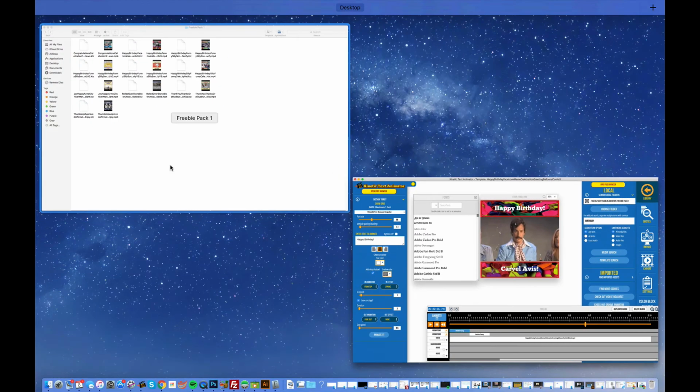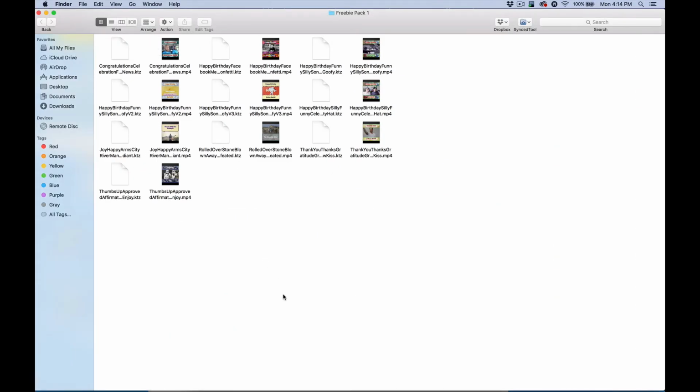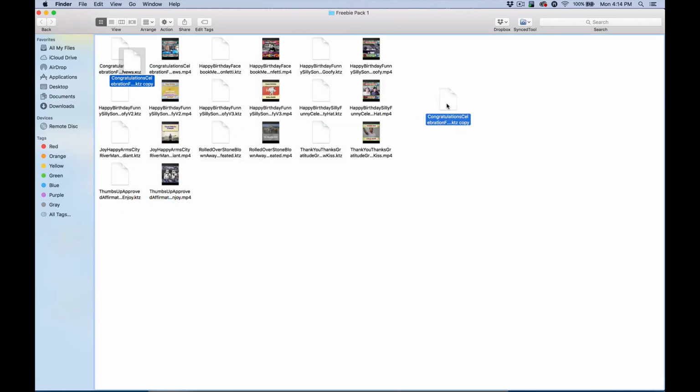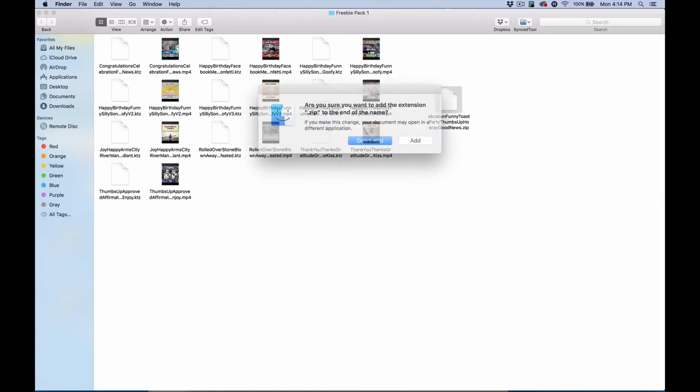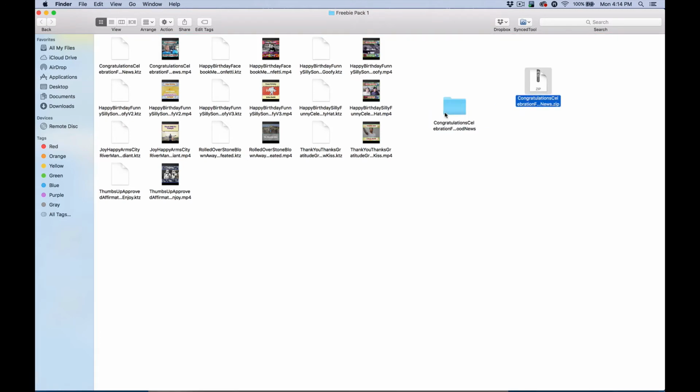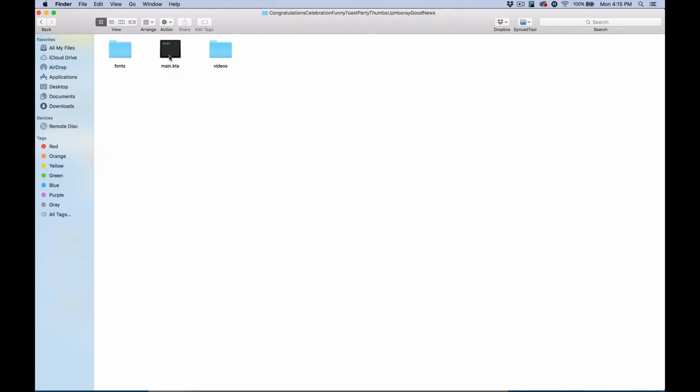Let's go ahead and look at these templates. This is a folder with the template files in there, and when you export a template folder, it creates two files. It creates the .ktz file, which is really just a zip file. It's been renamed. If I duplicate this and then come over here and edit it, what I'm really seeing here is just a zip file. And if I unzip it, then what I have is the KTA file